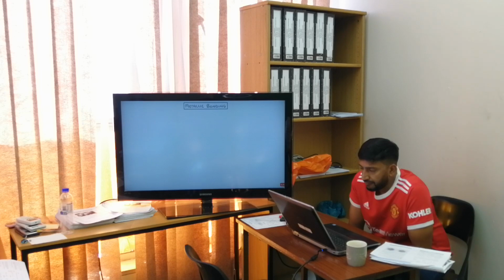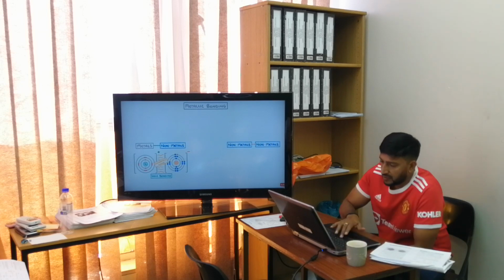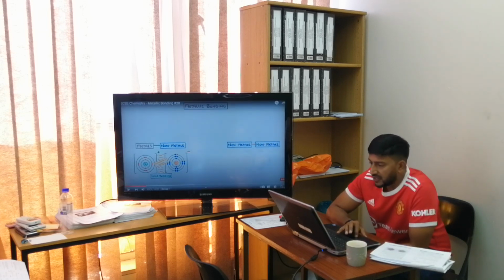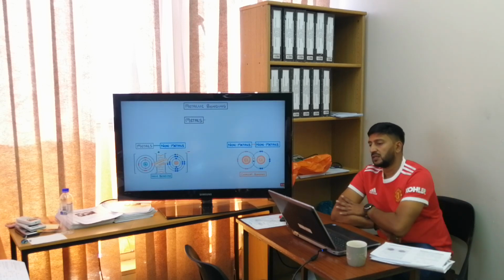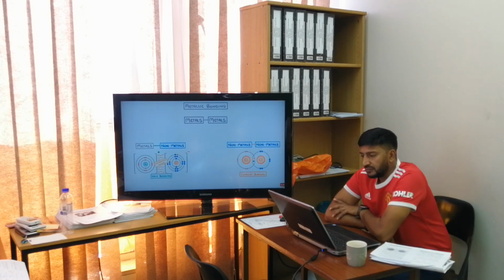To recap, we've already seen that metals bond to non-metals through ionic bonding, and that non-metals bond to other non-metals. So we looked at this here already, right? This is the electrovalent bonding. And then we look at the non-metals and non-metals, which is covalent bonding. Now we turn to how metals bond to other metals, which we call metallic bonding.